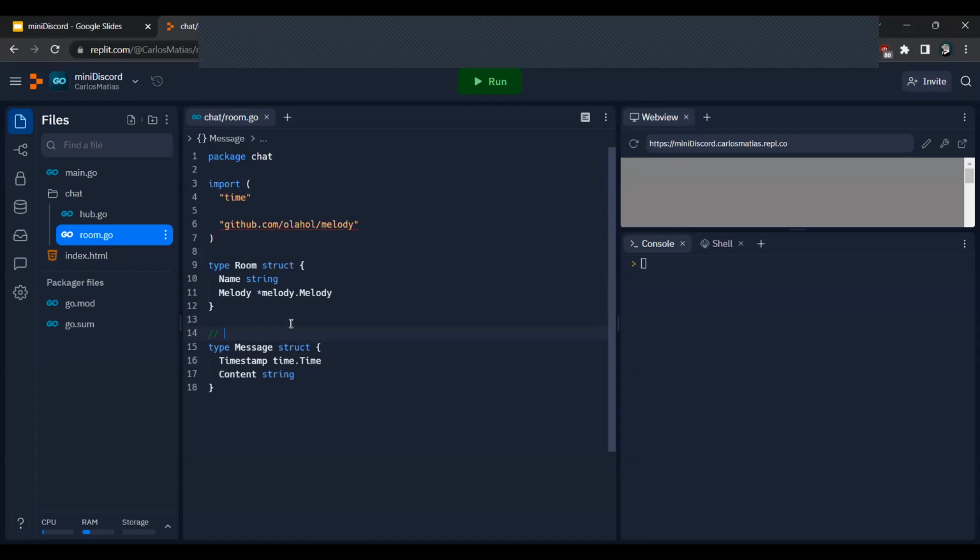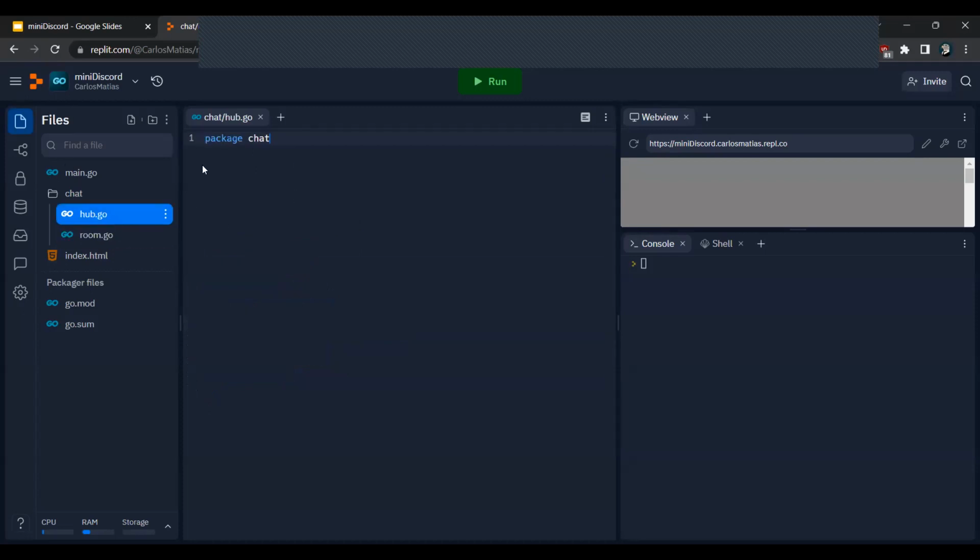So a quick example of a message is going to be something like whoever the user was that sent it, then the content, and then over here all the way to the left is going to be a timestamp. It can be anything like that, and then a time that it was sent. So this is what a complete message would look like. Here we have the timestamp, and then we have the actual content. That's how we're going to separate it. Okay, so we basically have the rooms created as structs,